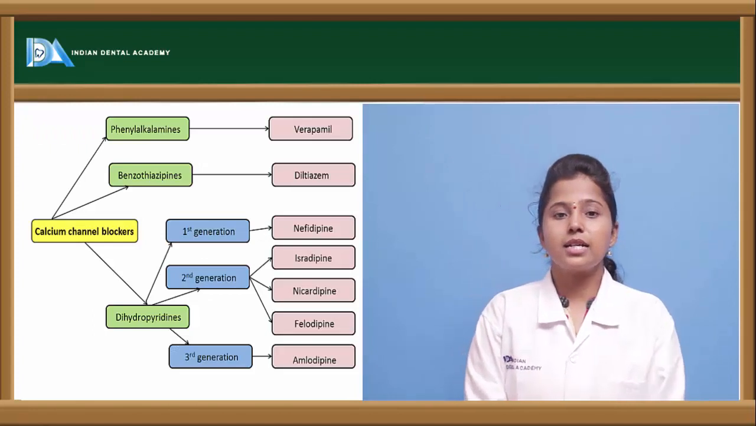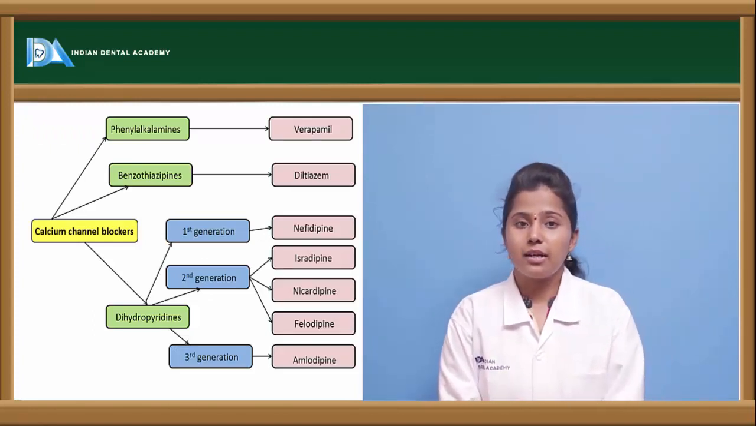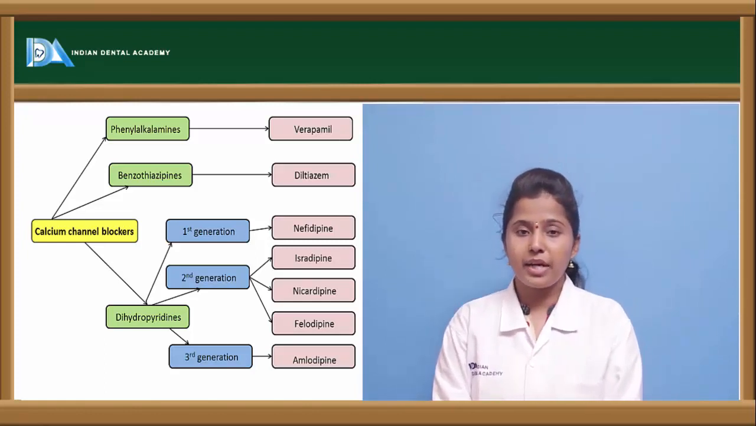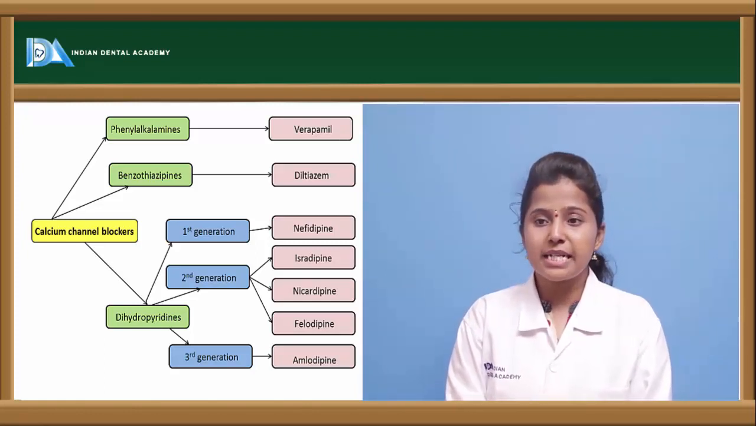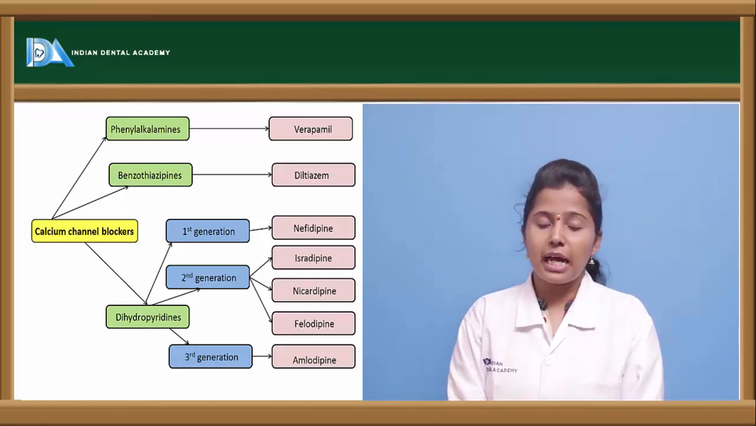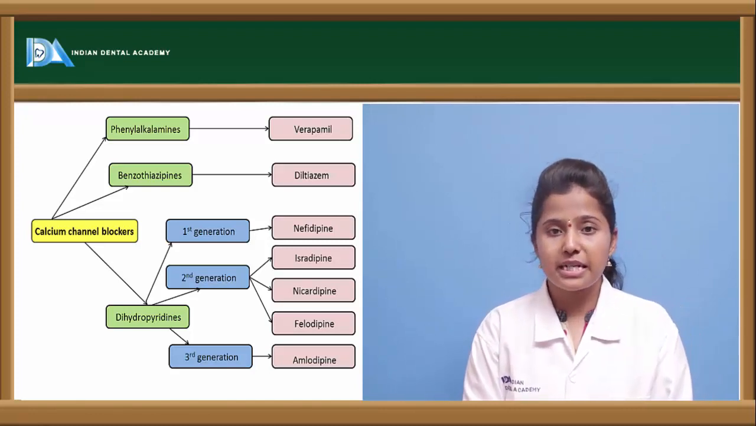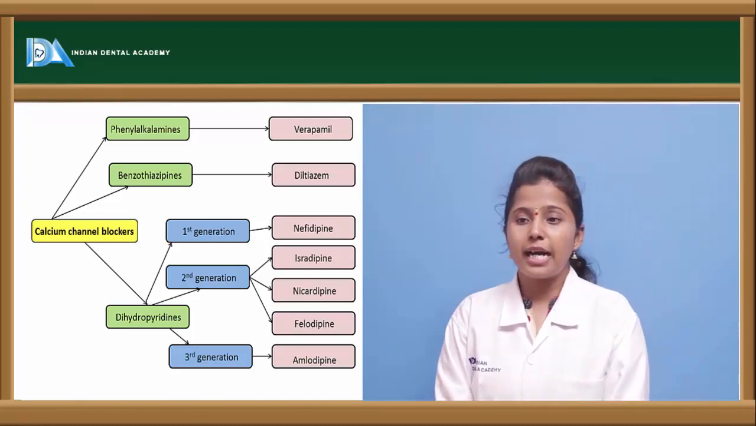Next, the other class of drugs are calcium channel blockers. Calcium channel blockers include three categories of drugs. One is phenylalkylamines, second one benzothiazepines, third one dihydropyridines. The drug which comes under the category of phenylalkylamine is verapamil. The drug which comes under the category of benzothiazepines is diltiazem. And